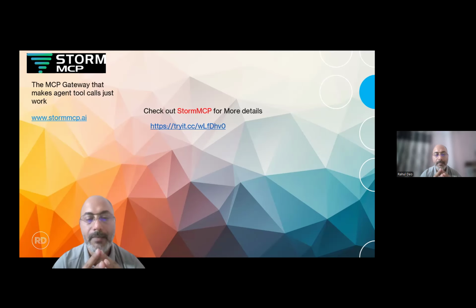They can easily build with MCP servers in a very simple, clear and fast way. That's why MCP is such a big deal here, right? It helps teams build things quicker with less confusion. This is how the power of Storm MCP comes into the ground. So that's what I would like to explain about Storm MCP.